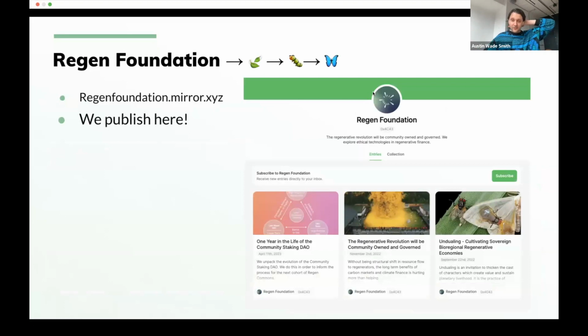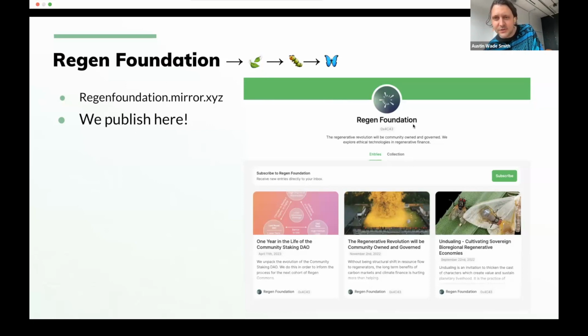In case you all didn't know this, there's a number of pieces that are coming out pretty soon. I'll point out one in just a second. That's happening on mirror.xyz, which is a Web3 native publishing platform. You can do a lot of cool things with it, like make your publications NFTs, be able to launch sort of polls and interactivity. And the foundation has an account that we've been working on pretty steadily over time. And in the next couple of months, we have a number of larger pieces that are going out. Some of them a bit more applied and some of them more like think pieces. So we publish there, and you can find us at